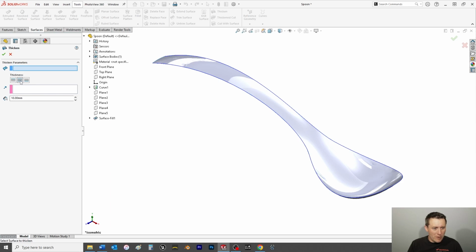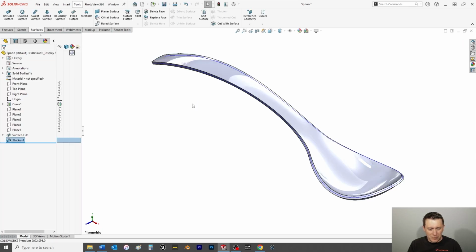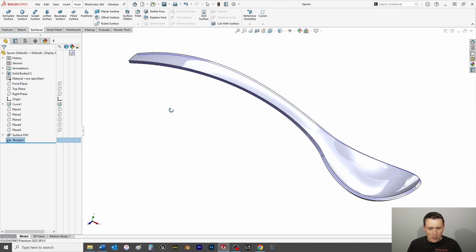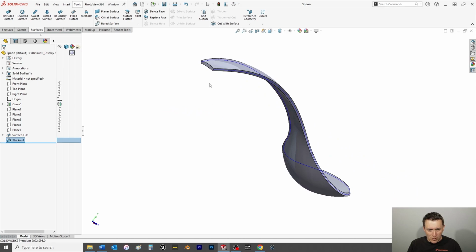And then we're going to make sure that thicken both sides is selected. Then we're going to put it to 0.75 millimeters. Then select our spoon surface here, click OK, and just like that we've thickened the geometry. Control S, and then I'm going to press and hold this center scroll wheel on my mouse to bring the